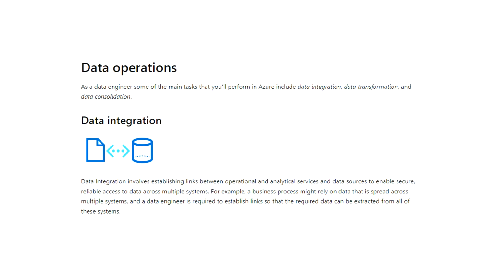Moving to the next slide, data operations. As a data engineer, some of the main tasks that you will perform in Azure include data integration, data transformation, and data consolidation. So data integration, like suppose you have a